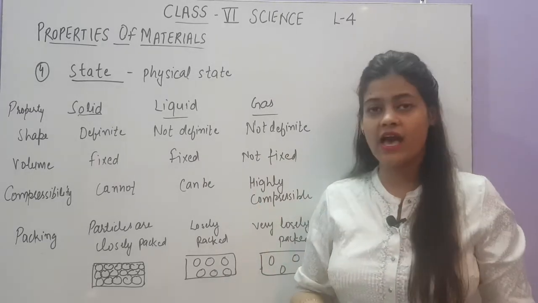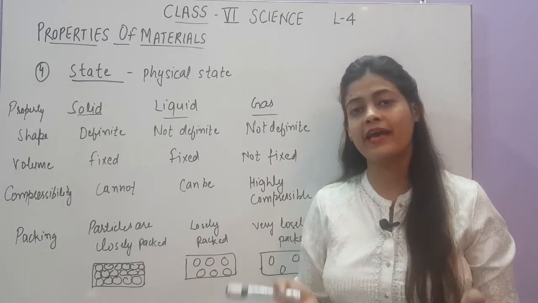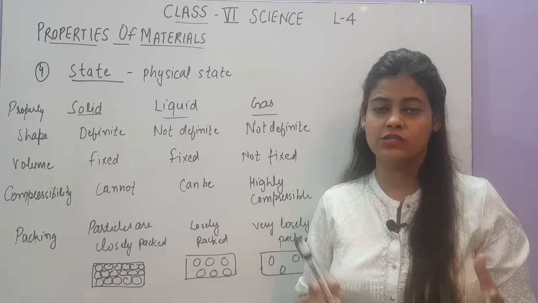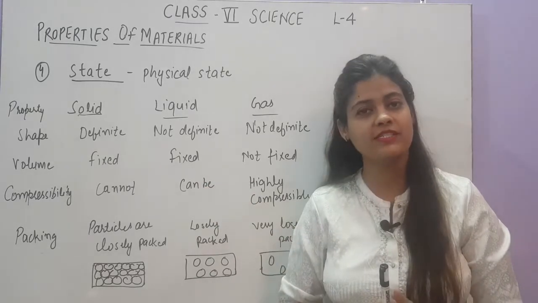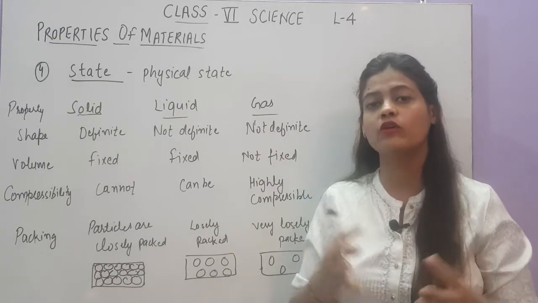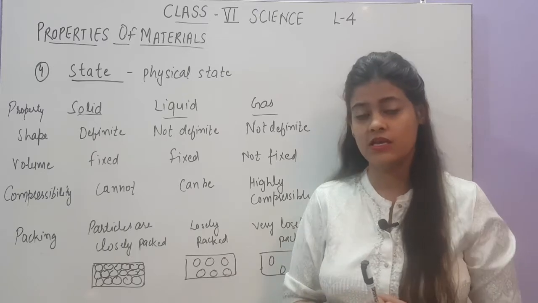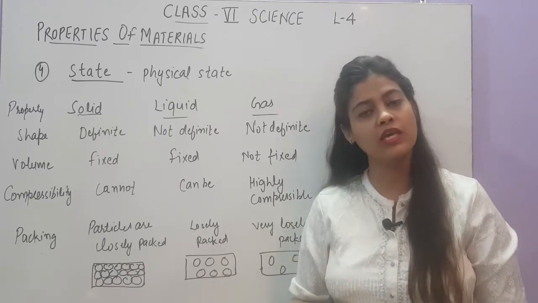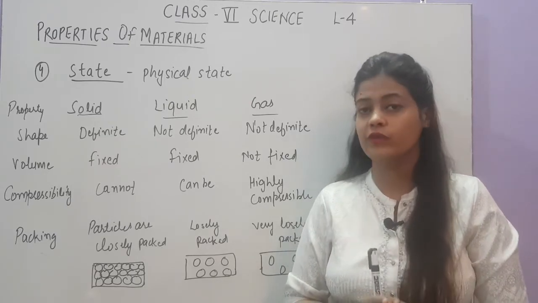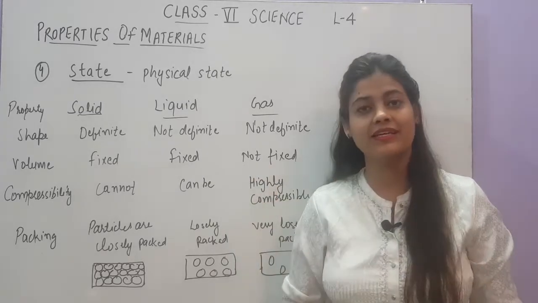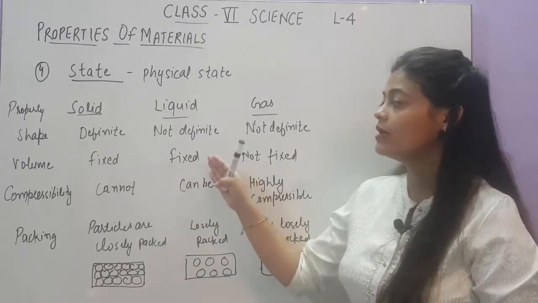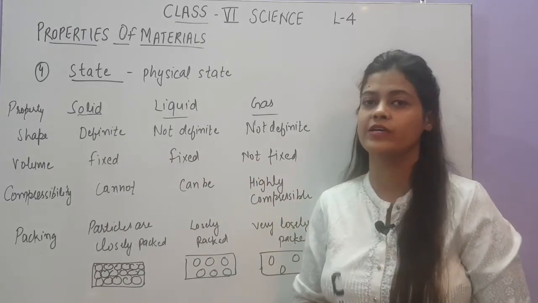Similarly, liquids have fixed volume. Like if you are carrying 1 liter of water with you, or 2 liters of water with you, you cannot change that volume. So liquids have fixed volume. Next is gases. They do not have fixed volume because we cannot hold or bind the gases. तो gases जिस भी कंटेनर में प्रेजेंट होती हैं उतनी ही वॉल्यूम वो उसकी ले लेती हैं. If we have an empty container of 1 liter, then the gas present inside it will have 1 liter volume. Okay, so is it clear? Solids have fixed volume, liquids have fixed volume, but gases do not have fixed volume.